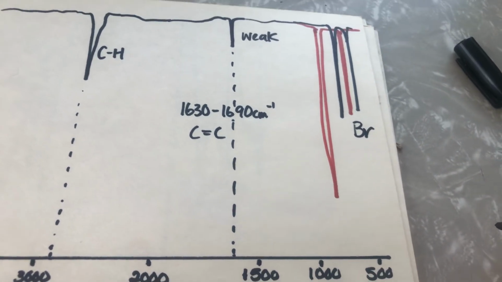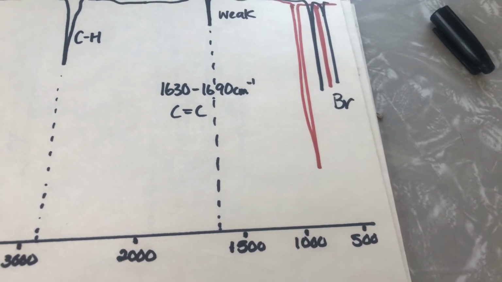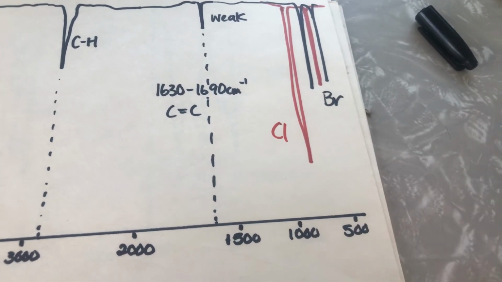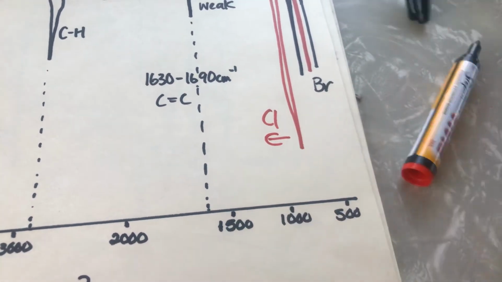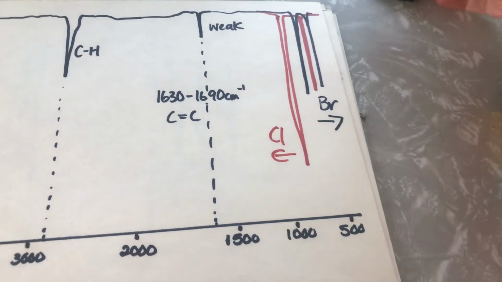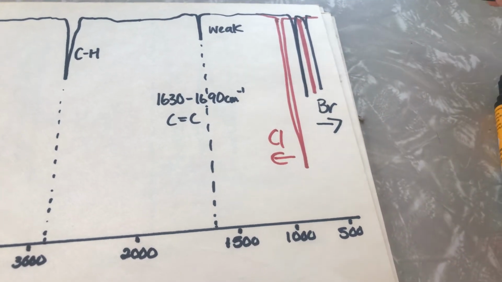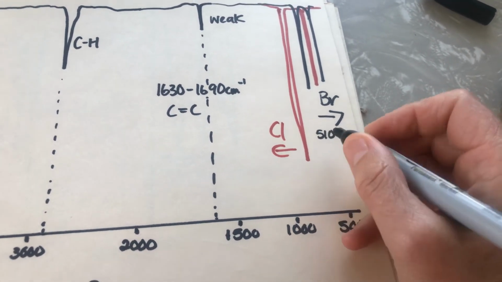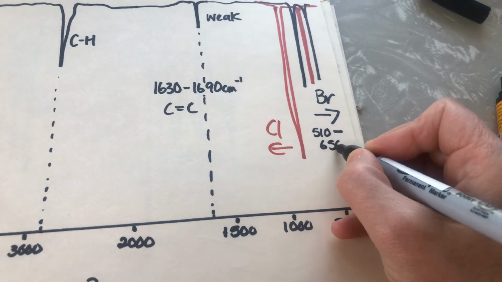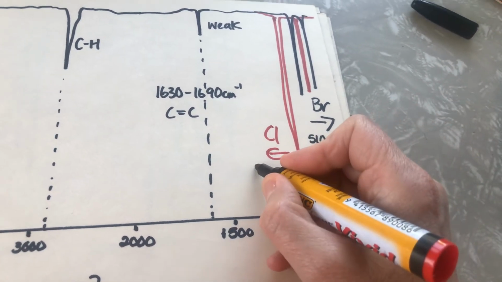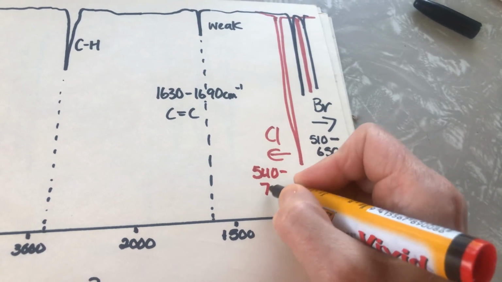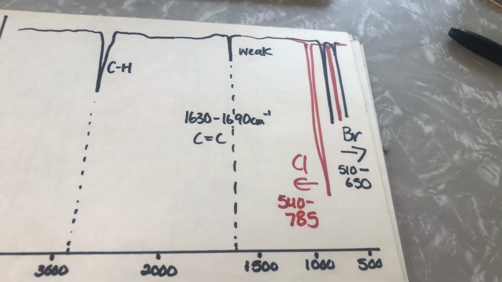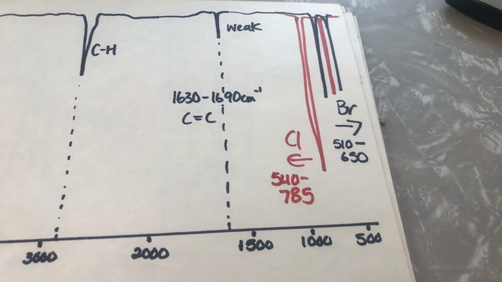The difference is there's at least one sharp peak for Br and there's at least one sharp peak for Cl, and the Brs tend to be slightly more that way and the Cls tend to be slightly more that way. The actual numbers given to you for the Br are 510 to 650, and the numbers given to you for the Cl on your resource sheet are 540 to 785. So you're looking for the presence of a couple, 1 to 2 really sharp peaks within those kind of boundaries,